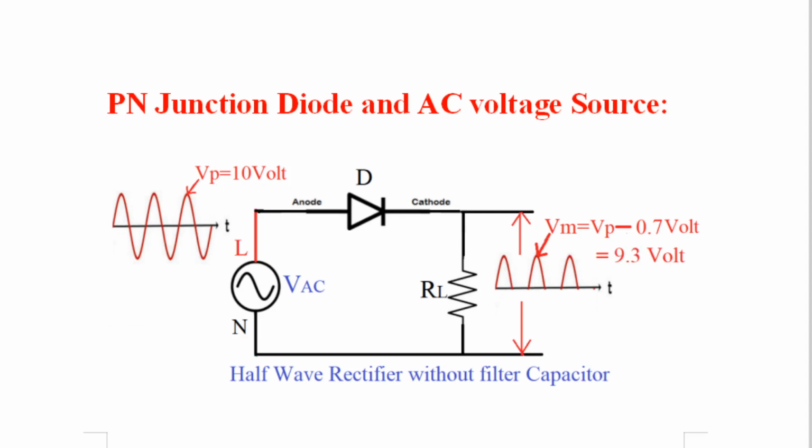If you understood this, then we are going to derive the equation for VDC, the DC voltage at the output of any rectifier circuit. So it is a half wave rectifier circuit. When we derive VDC at the output of the rectifier circuit, we require VM. What is the maximum voltage at the output of a half wave rectifier circuit? So now you just remember this. We are going to study this in detail in the last portion of this lecture.